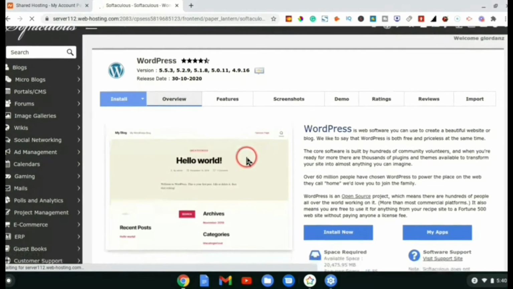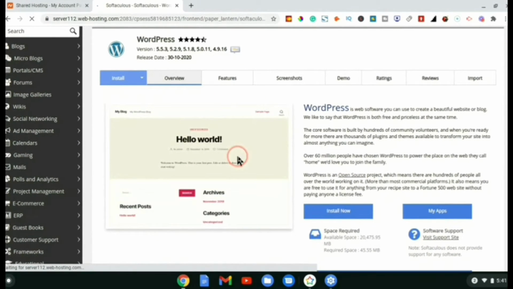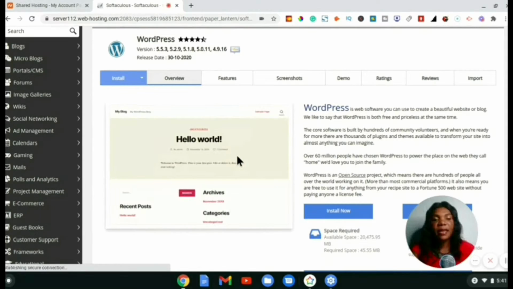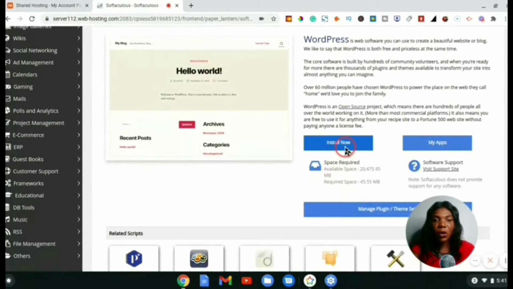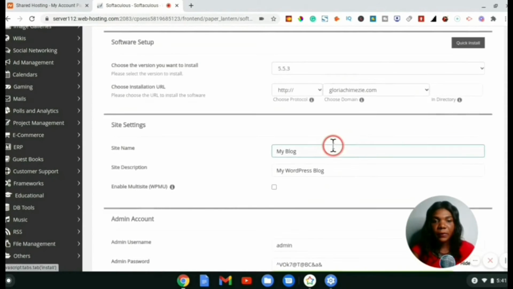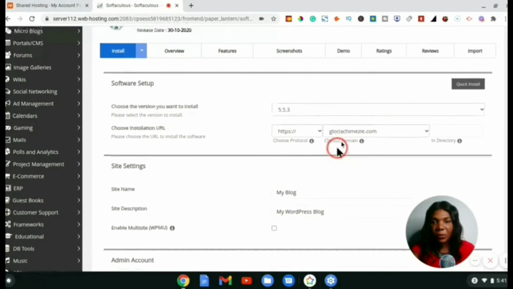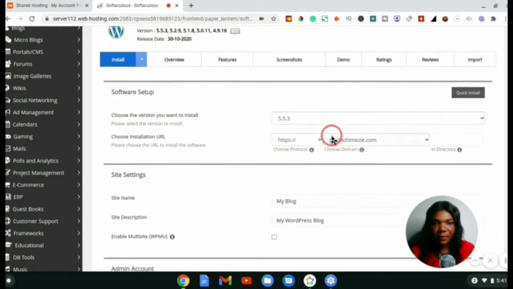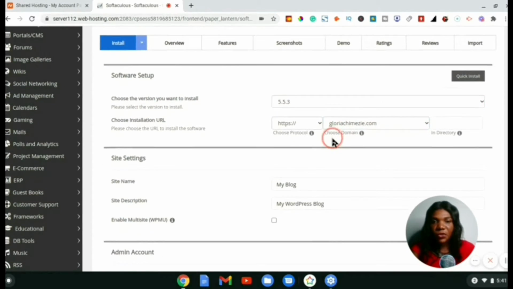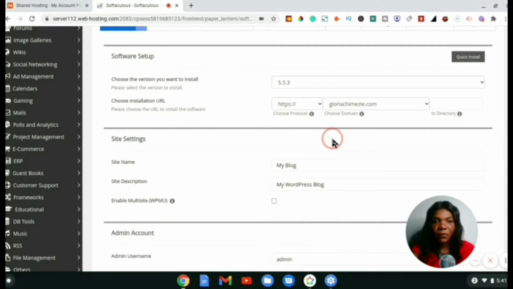So guys, that brings us to this page, and you are going to be surprised at how fast it is to create a website with WordPress. So right now, what I'm going to do is simply to click on install now, and that will bring me to this page. So it will be asking the version you want to install. That by default will install the latest version of WordPress,